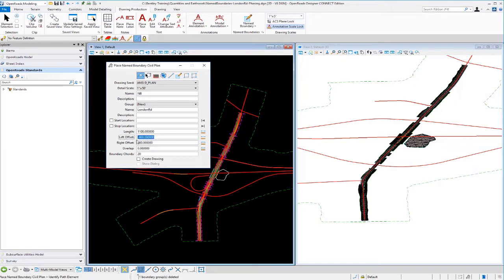My left offset, I want to set that for 0 because we only want to be on the right side of the road. And then on the right side, we're going to go 200 feet to the right. So it's going to create a named boundary 1,100 feet long, 200 feet wide from the 0 point or from the alignment. Now at this point what we're going to do is go through and